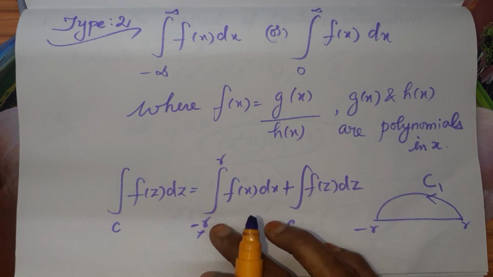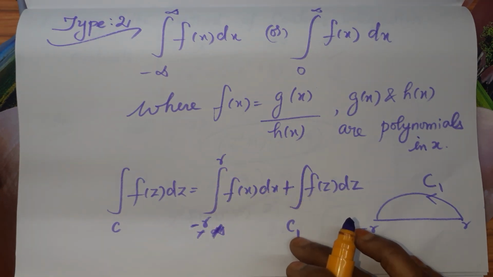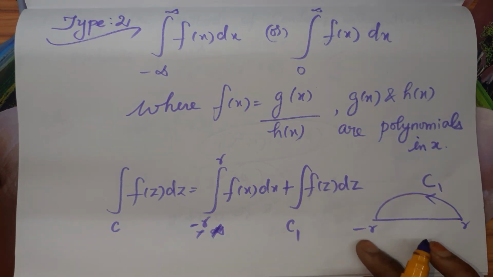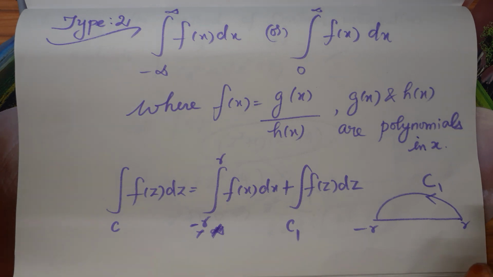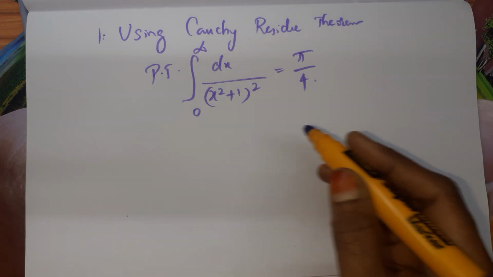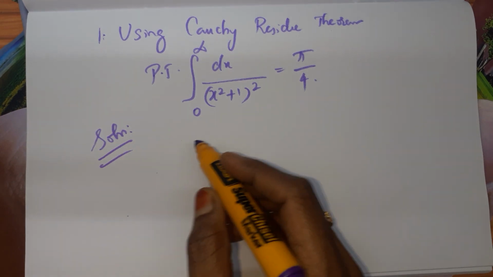So this is equal to integral minus r to plus r f of x dx plus integral over c1 f of z dz, where c1 is a half circle, and minus r to plus r is a straight line. The problem we are going to see now is to prove integral 0 to infinity dx by x square plus 1 the whole square is equal to pi by 4 using Cauchy Residue Theorem. For this, already we know that